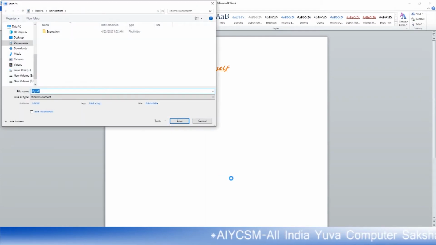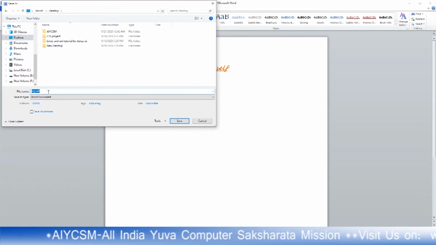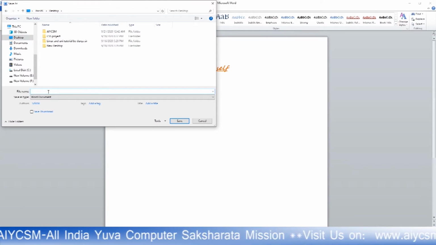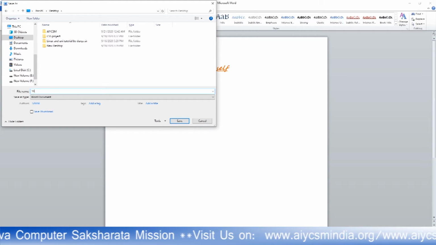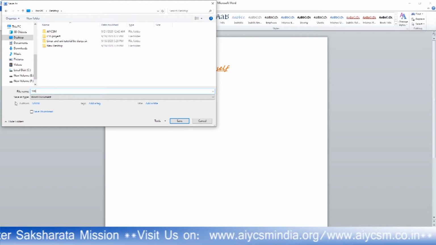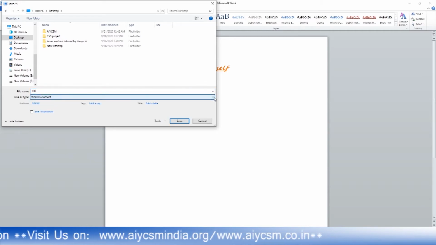If I click on this one, it will ask me where you want to save your document. I want to save my document on the desktop. Now it asks what is the name of the file, what is the name of your Word document file. I name it 100. Which type of document is this? This is a Word document.